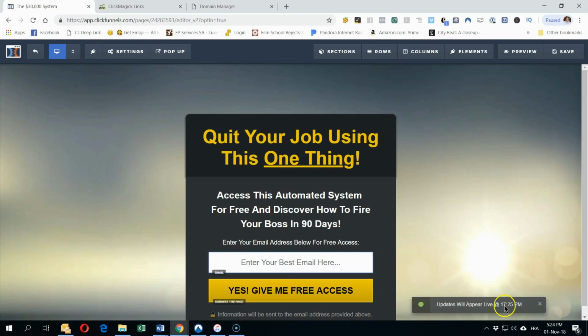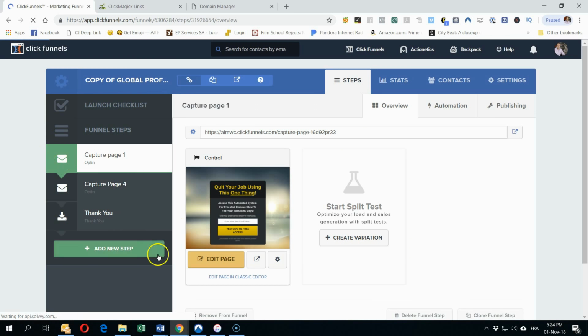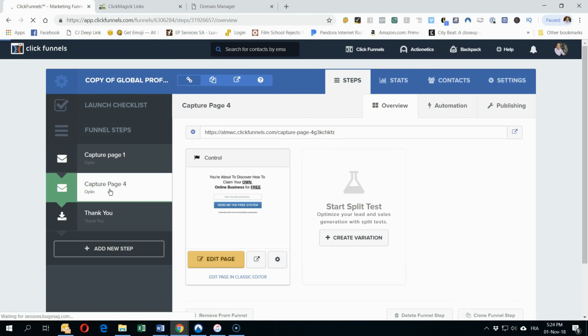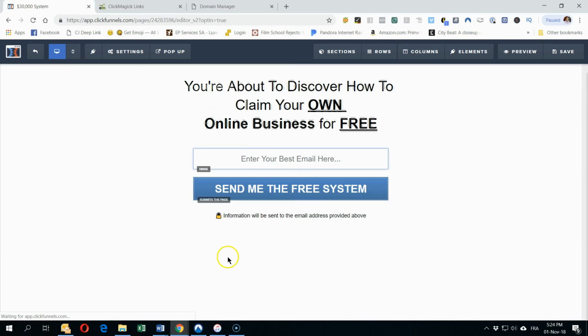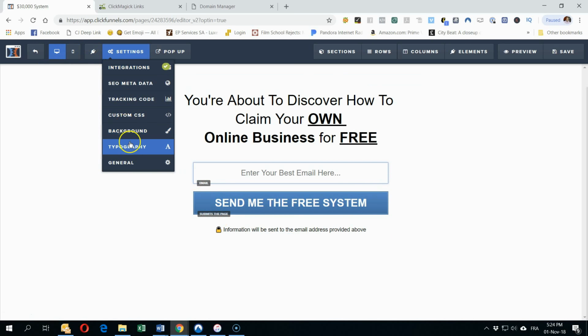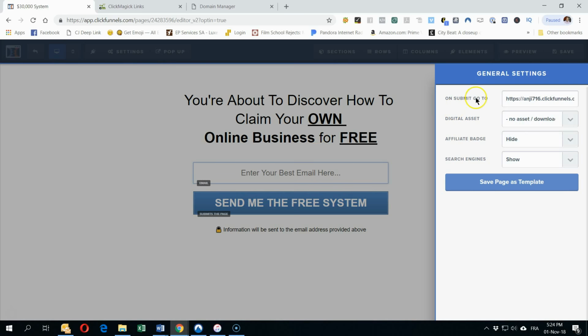Okay, it might take a little bit of time, until a minute or two, before the changes are active. We will see, and then we go to the next capture page, and we want that after people have left their email,